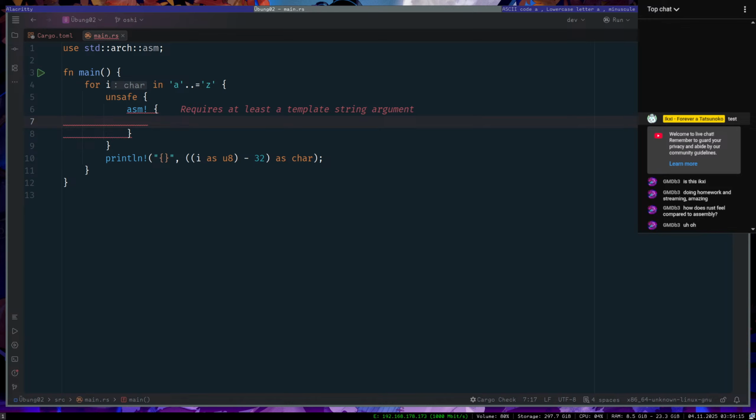Let me check again. Rust inline assembly. Ah, yeah. Okay, this is gonna take me a moment, but I can do this.